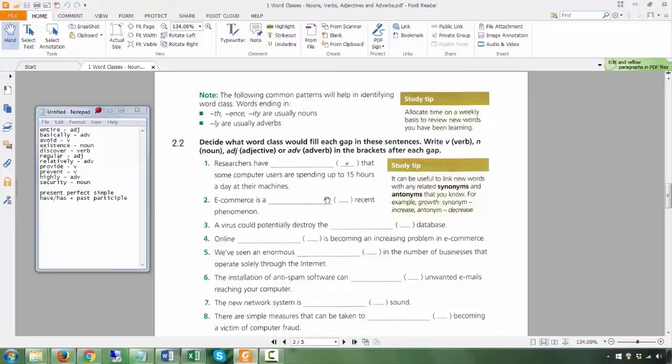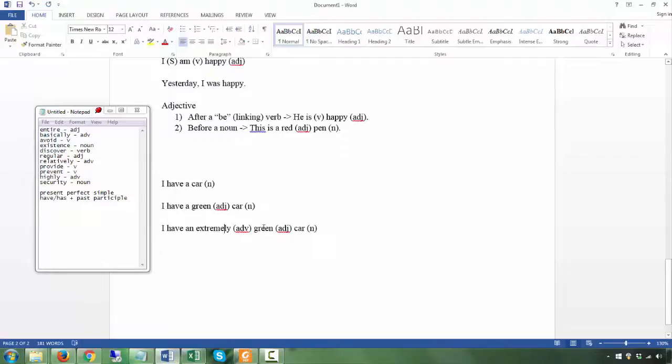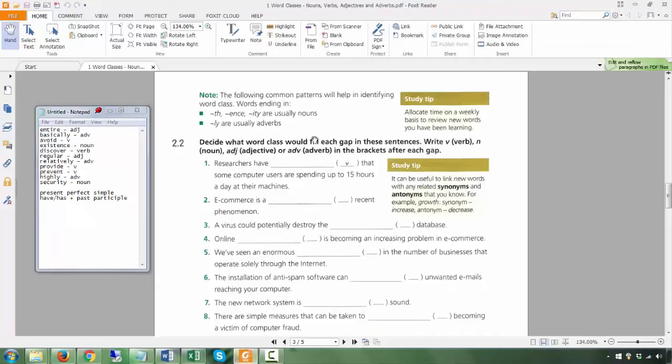So if there's an additional word here, what's it going to be? It is going to be an adverb describing an adjective, just like here, an adverb describing an adjective, right? Which then describes a noun. Okay, so this would be number 2 here would be okay,